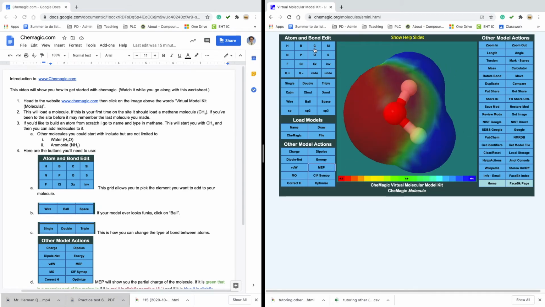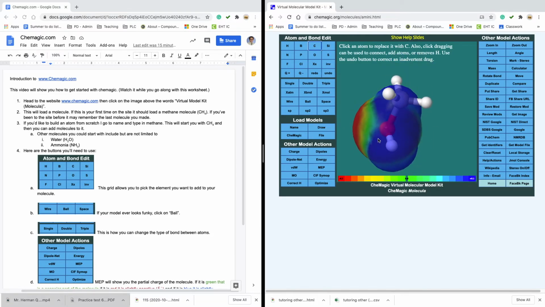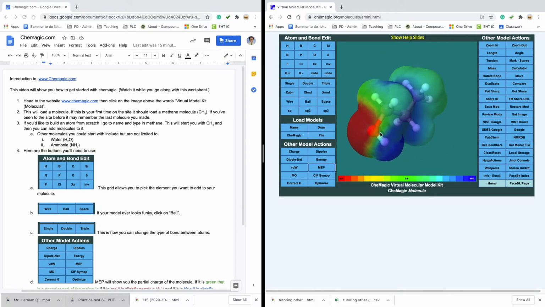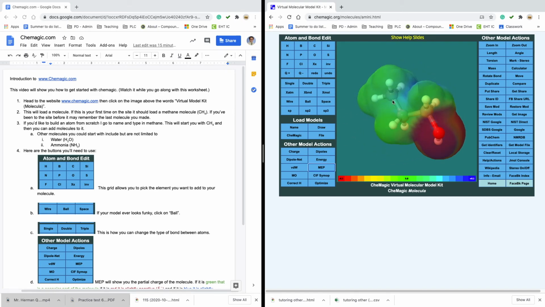If we change the molecule a little bit, maybe add some carbons to it, it won't automatically update. As you can see here, you have to go back and click on MEP again, and now we should see that there's a polar side where that oxygen is, and then over here it's green, so it's going to be the non-polar side of it over here. If you want to zoom out, you click on zoom out, zoom in,